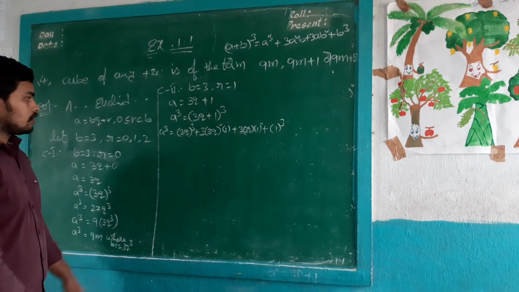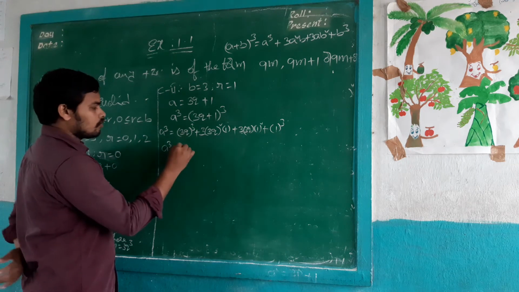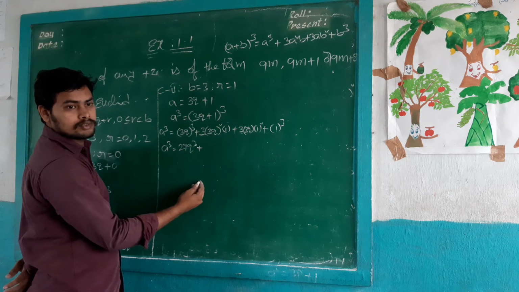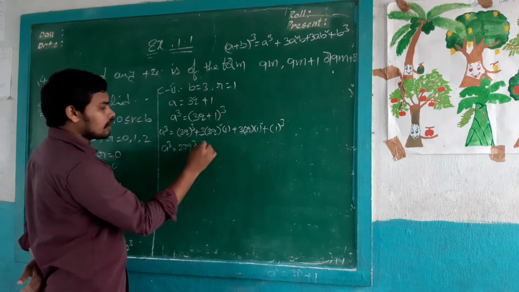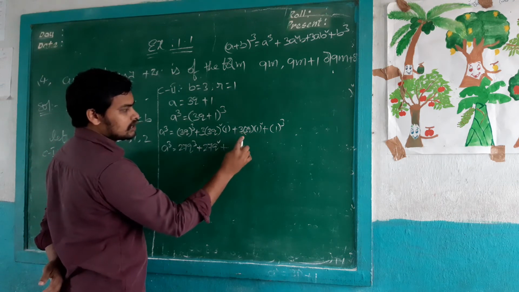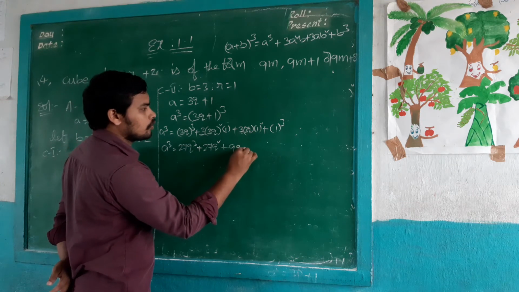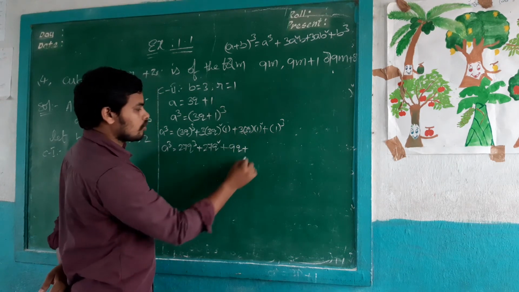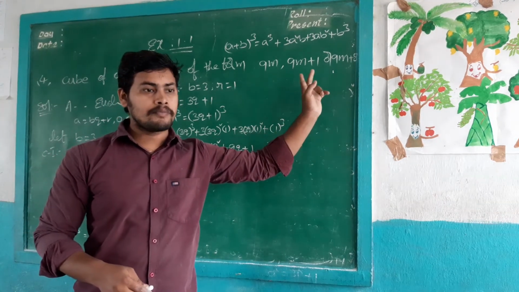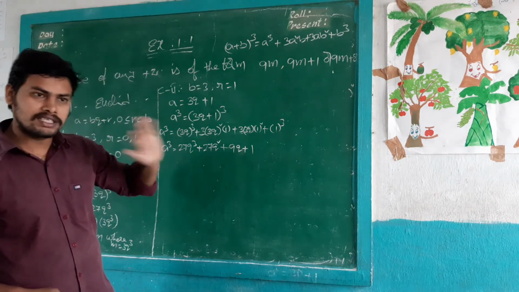So A cube equal to, what is the value here? 3 cube value 27, Q cube. 3 square value 9, 9 into 3 is 27, Q square into 1. 3 into 3 is 9, 1 square is 1, so 9Q, plus 1 cube value 1. So it is in the form of 9m plus 1, where we keep plus 1 as plus 1.